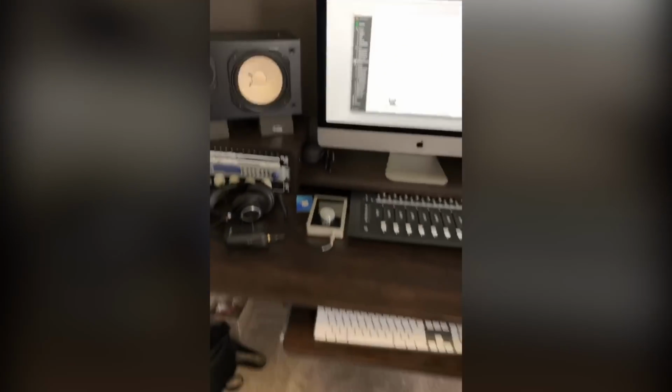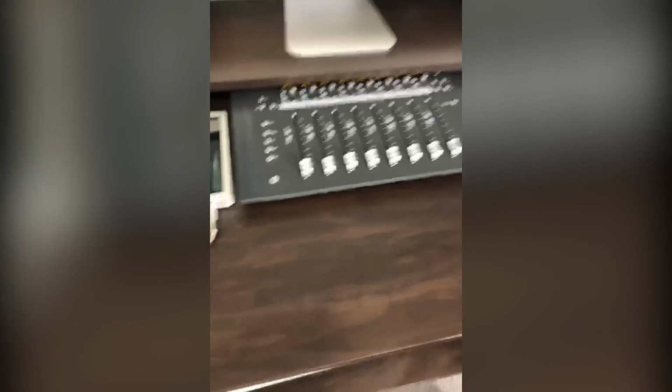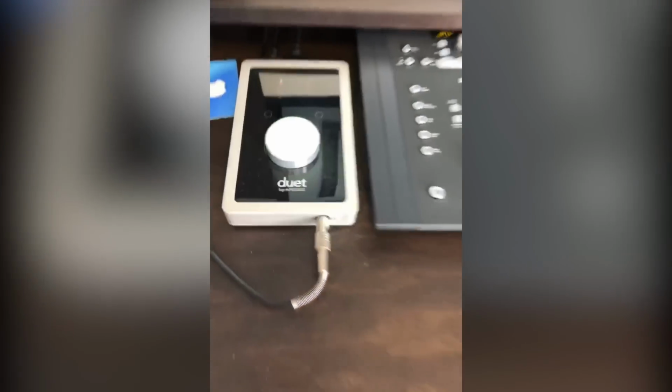I wanted to show you my old rig. You might have seen this before if you watched some of my other videos, but this is what I've got now, so I don't know if I can flip this around. Yeah. So right now I've got this extremely simple mixing rig, a couple of NS10s, control surface, Apogee Duet,